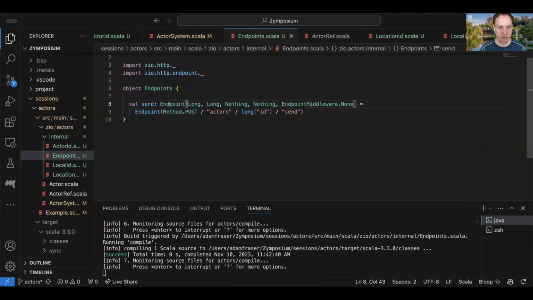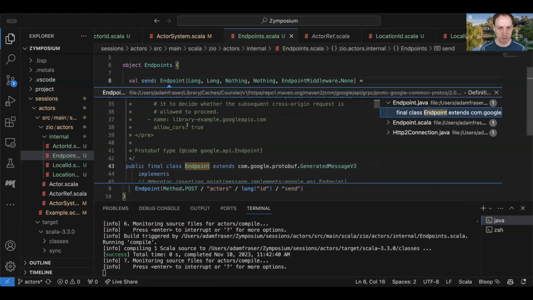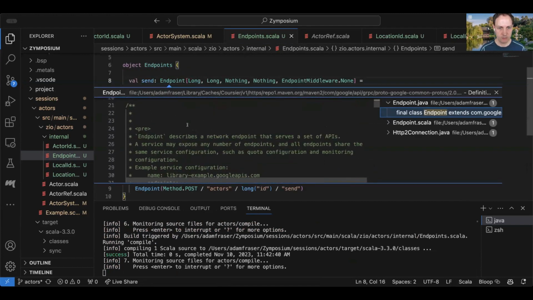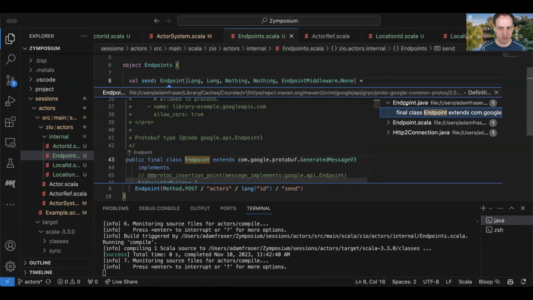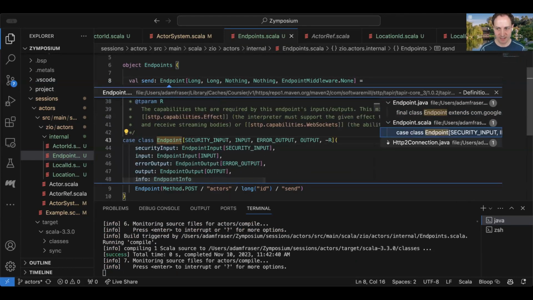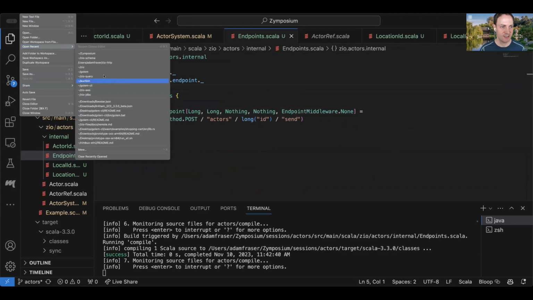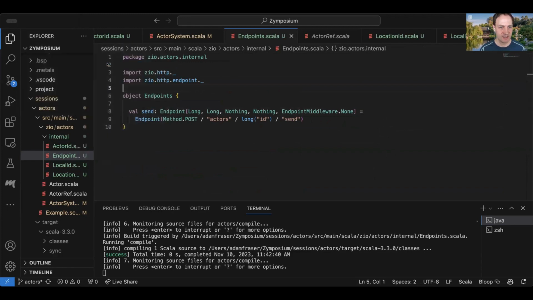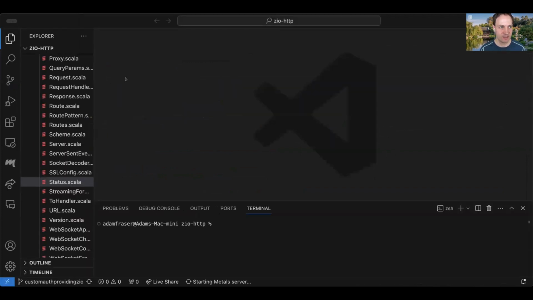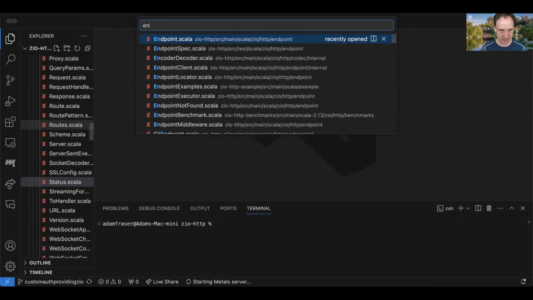Yep. Okay. And if we click through to this, okay, that's annoying. That's not the correct endpoint. This is supposed to be the ZIO HTTP endpoint. Let's see, is this the, no, that's not the right endpoint either. Okay, give me a sec here. I'm just going to pull up ZIO HTTP so we can look at this together, as part of our little joint learning here. So if I go to endpoint,